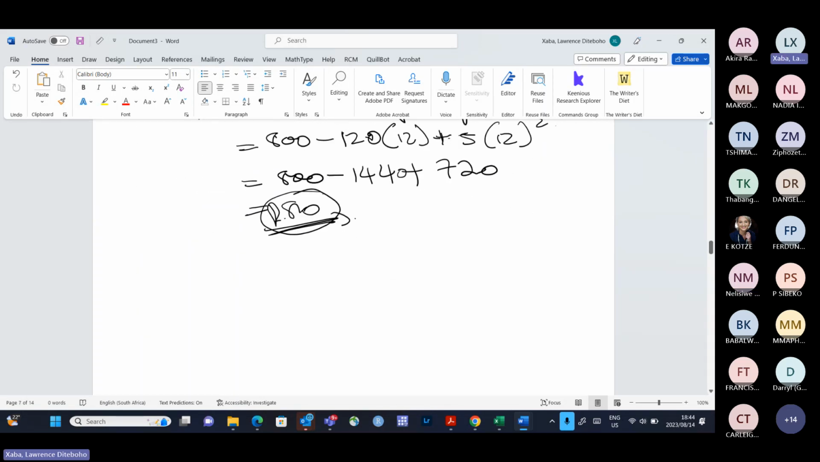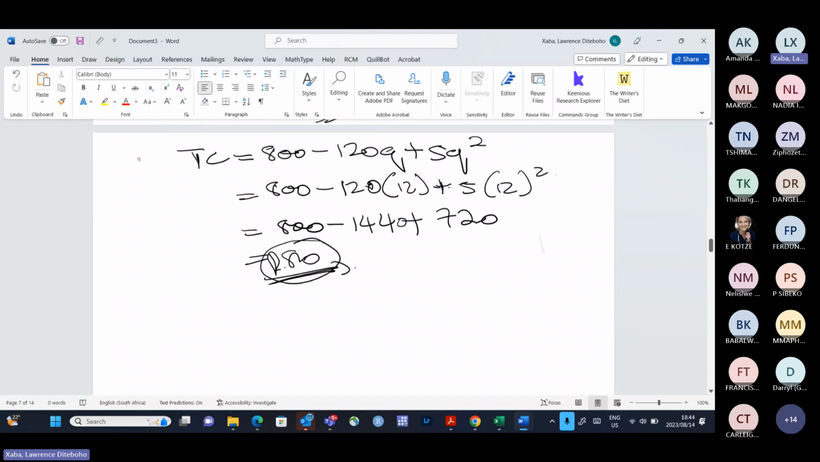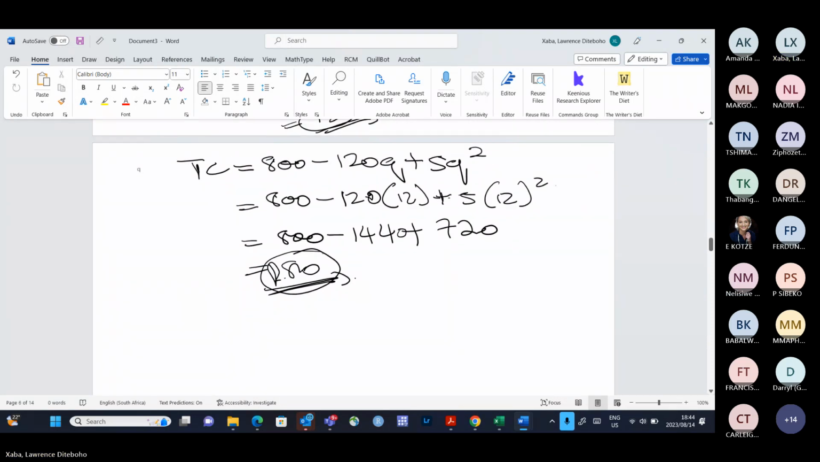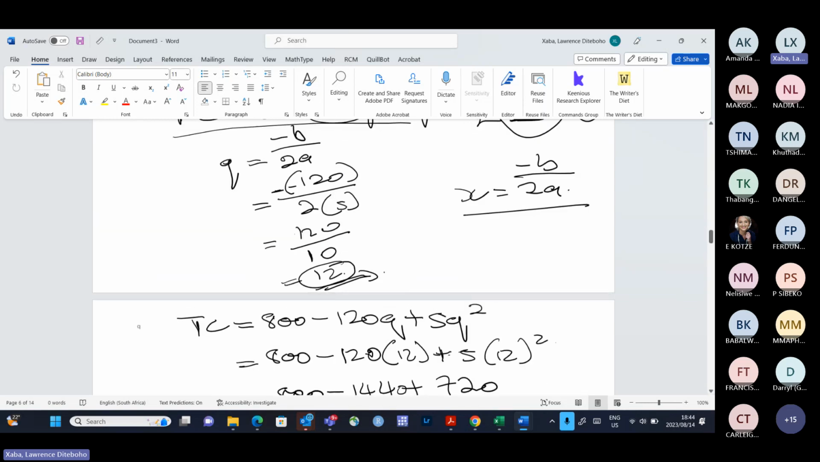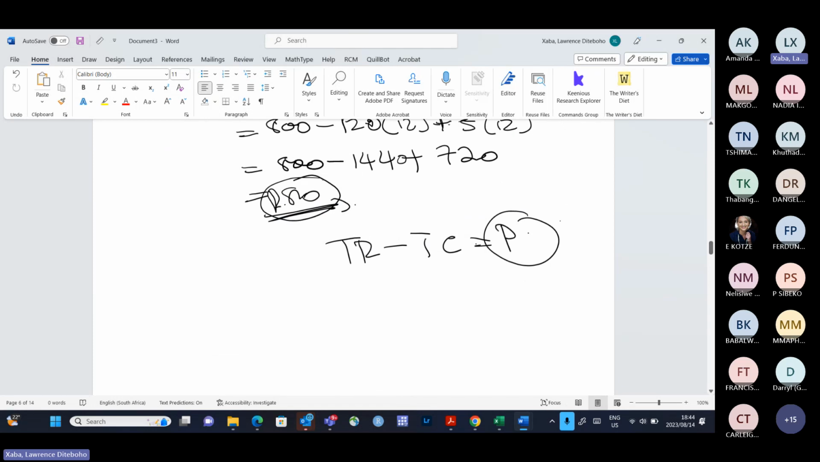Thanks. Okay. So remember, the whole idea is to find the profit. We are saying the difference between total revenue and total cost is equal to P, which is profit. So it means now we managed to calculate our total revenue. We know how to calculate our total revenue, and we know now how to calculate our total cost. So all we have to do now is to find what is our profit,